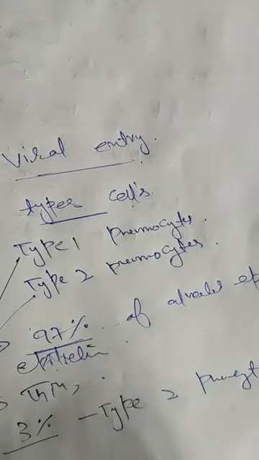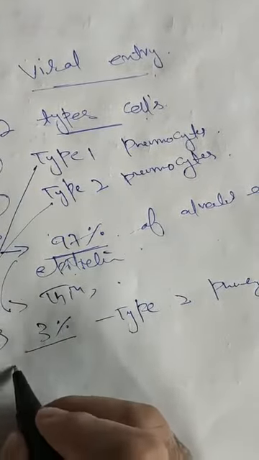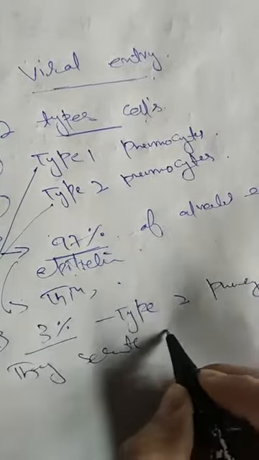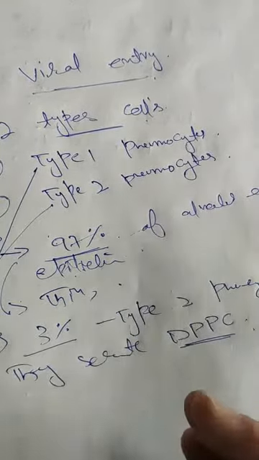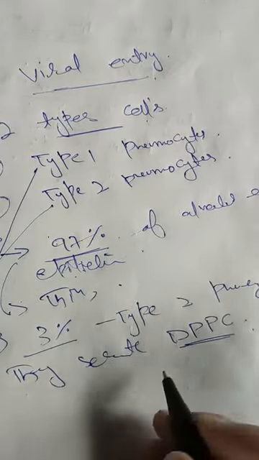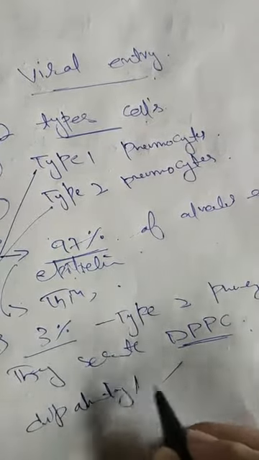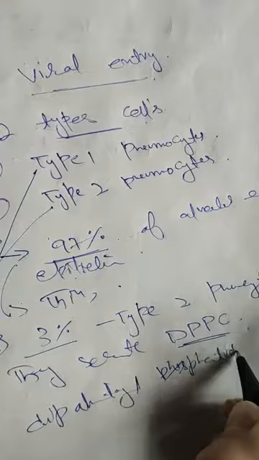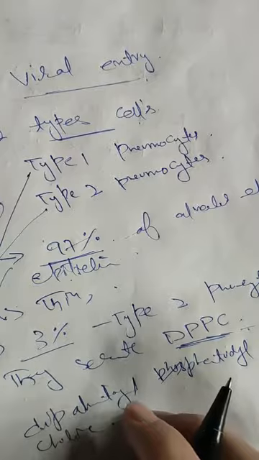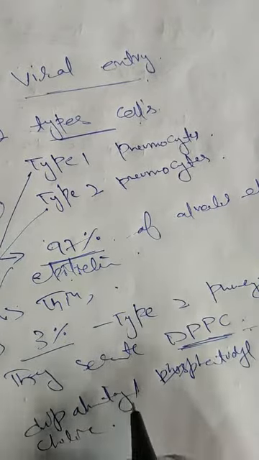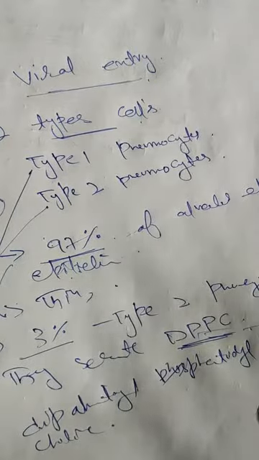So the important thing among these type 2 pneumocytes is they secrete DPPC. What is DPPC? This DPPC decreases the surface tension of the lung. DPPC stands for dipalmitoyl phosphatidylcholine. So these decrease the surface tension of lungs, and